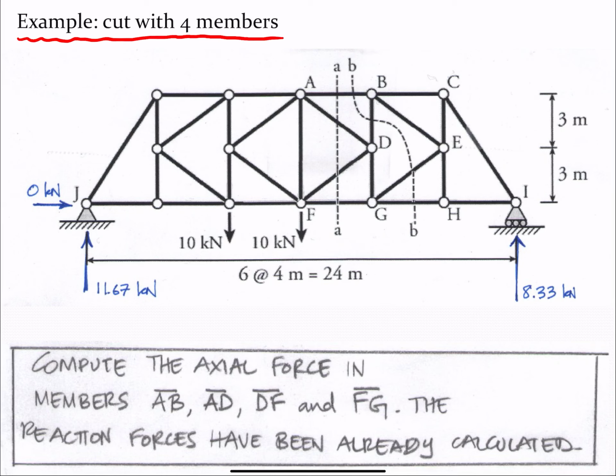illustrates a cut with 4 members. So you are given a seemingly complex truss. The reactions, thankfully, have already been obtained, and then you are told that we have to find the axial forces in the members, in members AB,